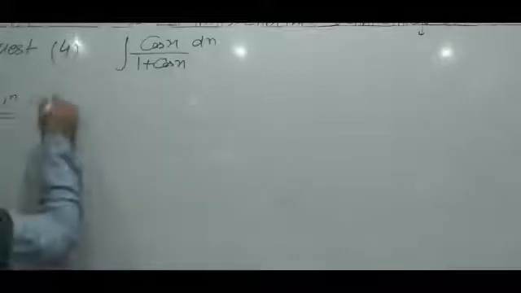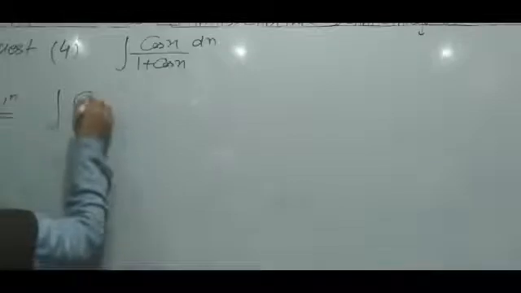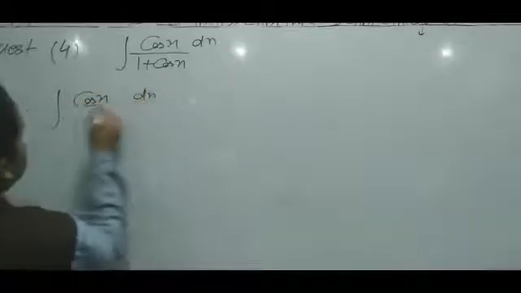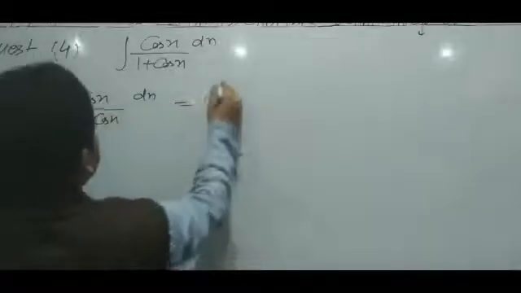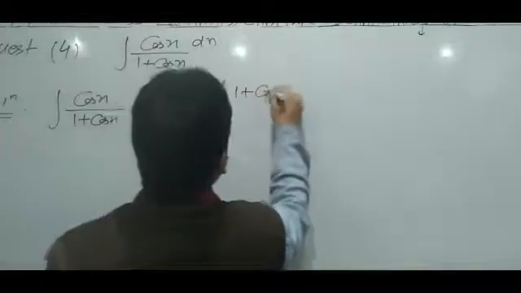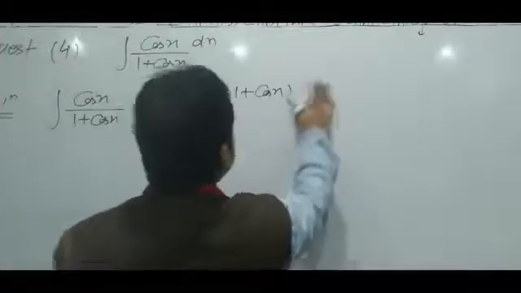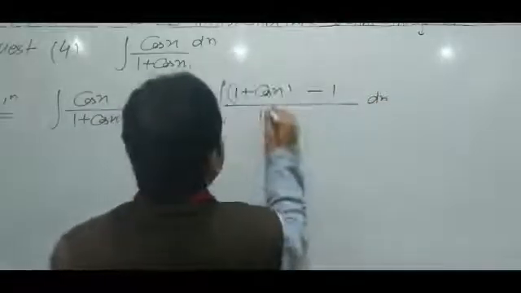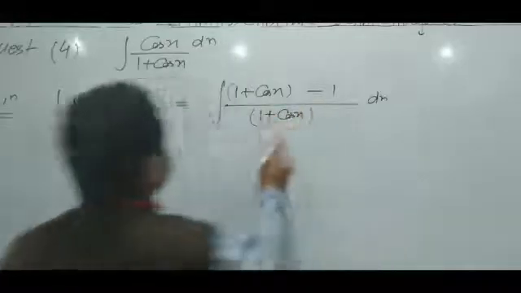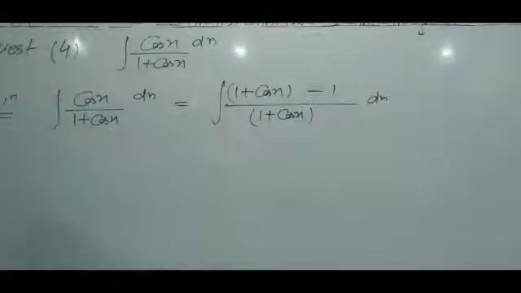So how can we integrate this? Cos x dx whole upon 1 plus cos x. Now this one we can write as the integration of 1 plus cos x, dx, with a negative sign, so plus 1 minus 1 will cancel. This is dx, and we write the denominator, that is 1 plus cos x. So 1 plus cos x